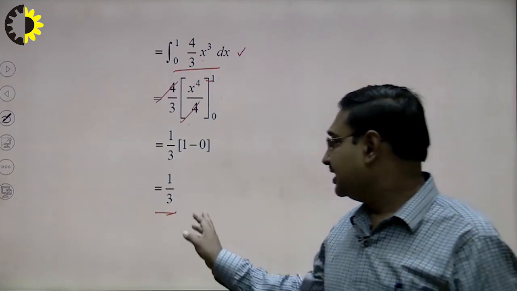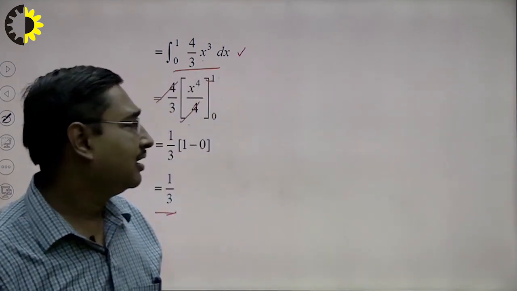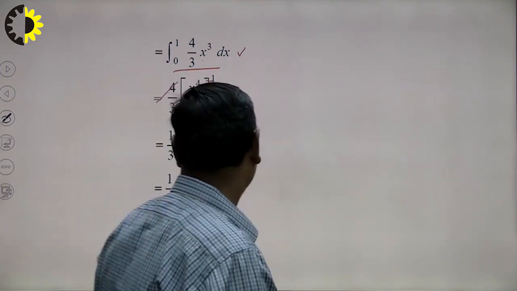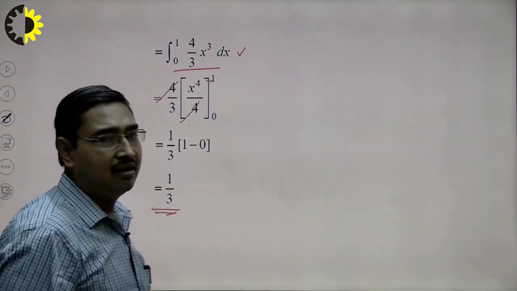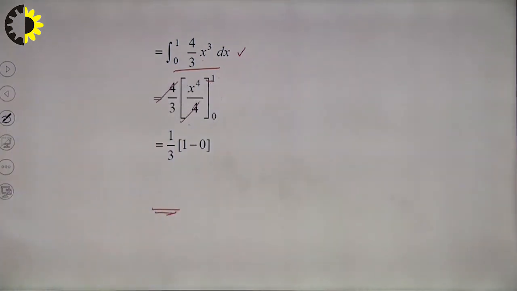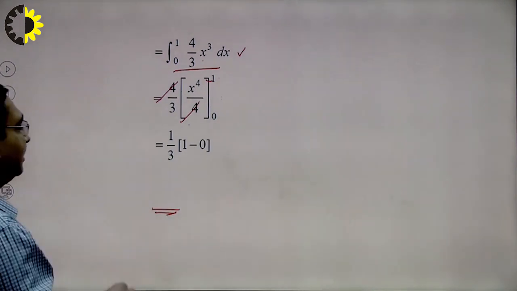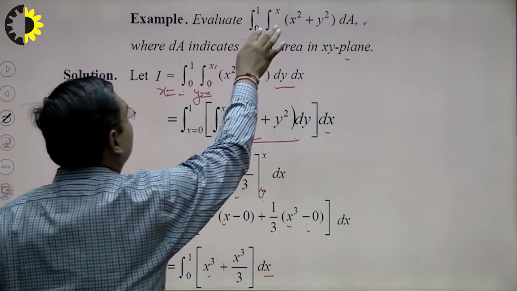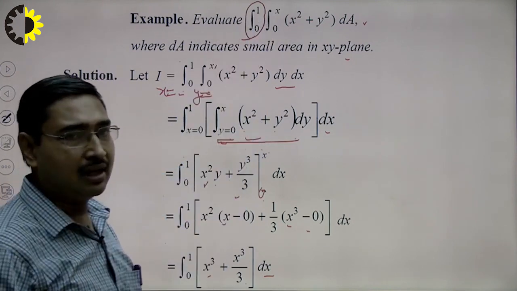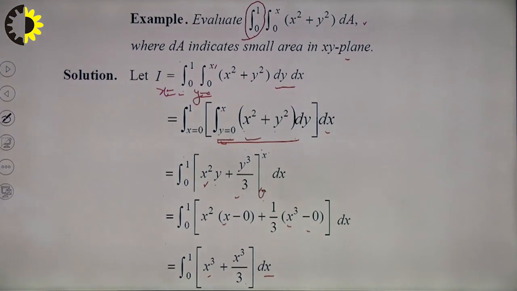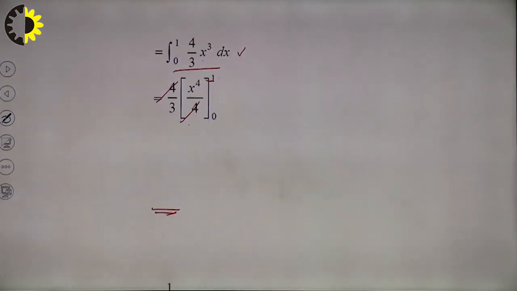Here we can see that a double integral represents the volume of a region, and therefore, the value of a double integral will always be a number. It will never contain x or y, and for this it is necessary that the outermost limit, this one, must be constant. This limit, the outermost limit, will always be constant. Variables can occur only in inner integrations.